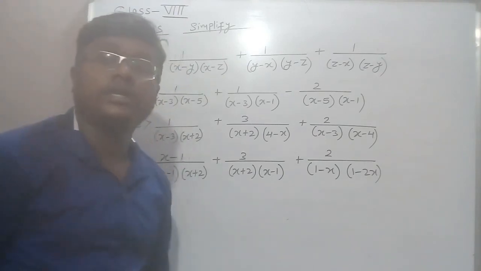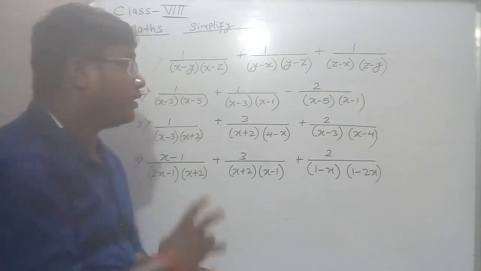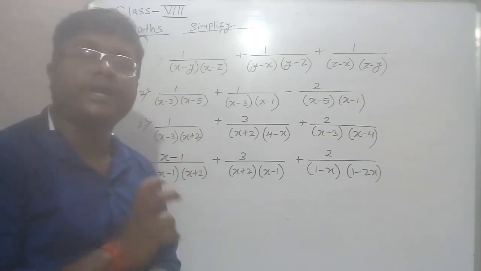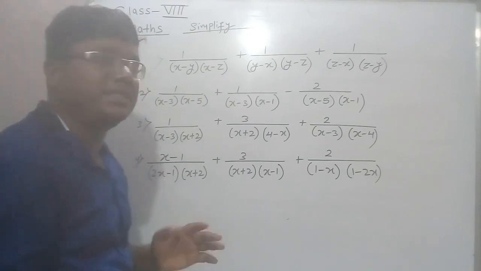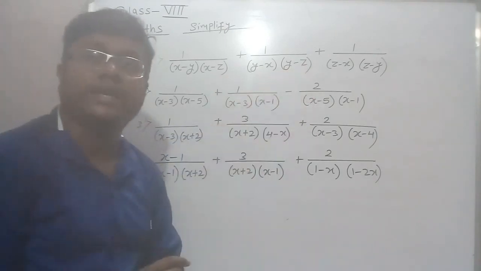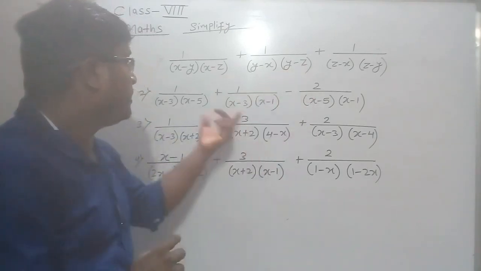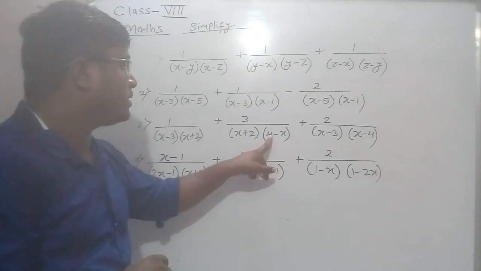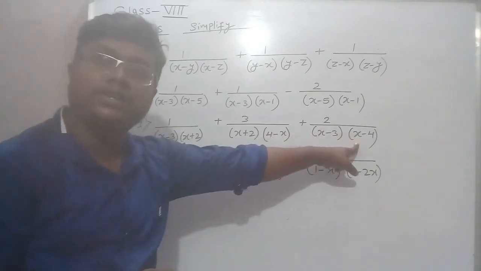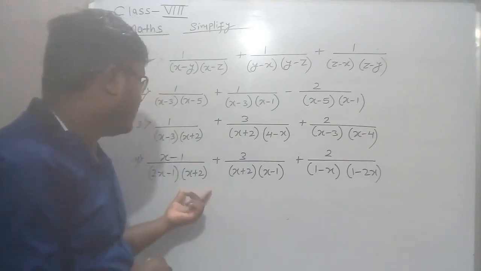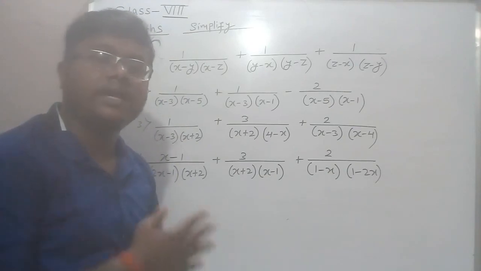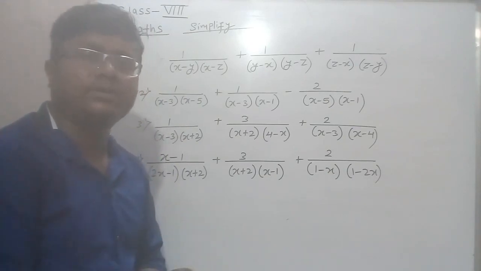Okay, so I hope today's class you have understood very well. The main thing in such type of question is they must be arranged in a particular order. If ABC is there, they may be arranged in cyclic order. If XYZ is there, they also must be arranged in cyclic order. If they are like x minus 4 and 4 minus x, you need to arrange it and then find the LCM. Likewise here also, x minus 1, 1 minus x is there. Please arrange and try this question. You can easily do these questions.